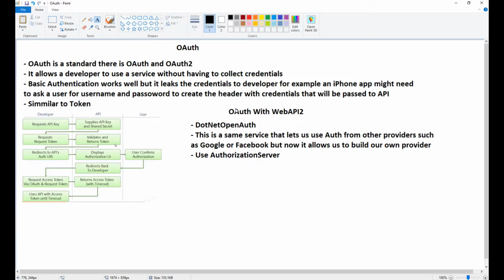So the way it works, it's very similar to token in that the developer has to request an API key. Then we supply this API key and a shared secret to them. Then they do the token request, and then we validate and return the token. But then what happens is they have to redirect the user to our authorization UI, where the user would then confirm authorization,